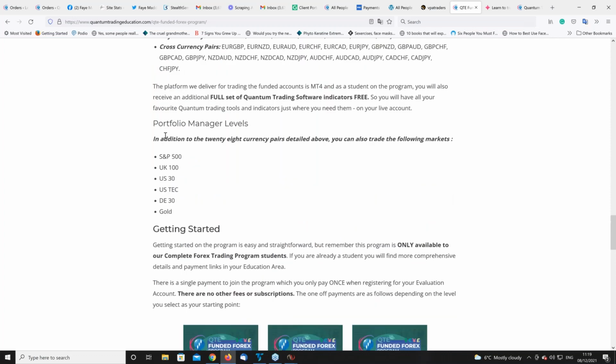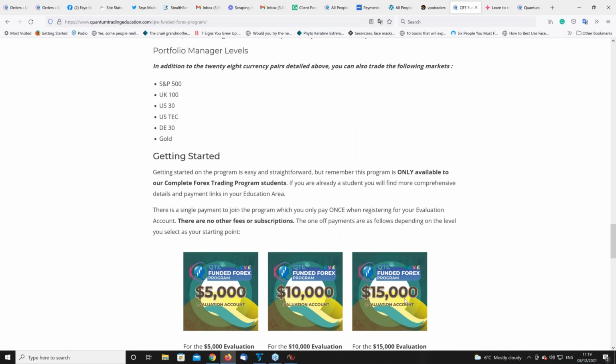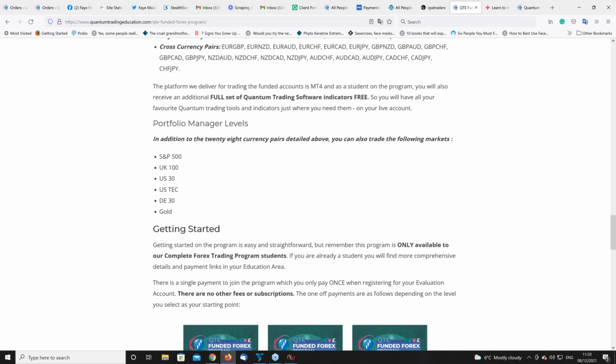You then move up to this level, which we call portfolio manager level, where we also add in indices and gold, so you have other markets to trade. And in addition to that, we then multiply whatever you started at by 4. So if you started at 15,000, you will then have $60,000 in your account, and you can then trade away. And the other beauty of it is, as you move up the levels, we increase the profit percentage that is kicked back. You receive 50% kickback on the higher levels of portfolio manager level, all the way up to 1 million, where it increases to 60%.